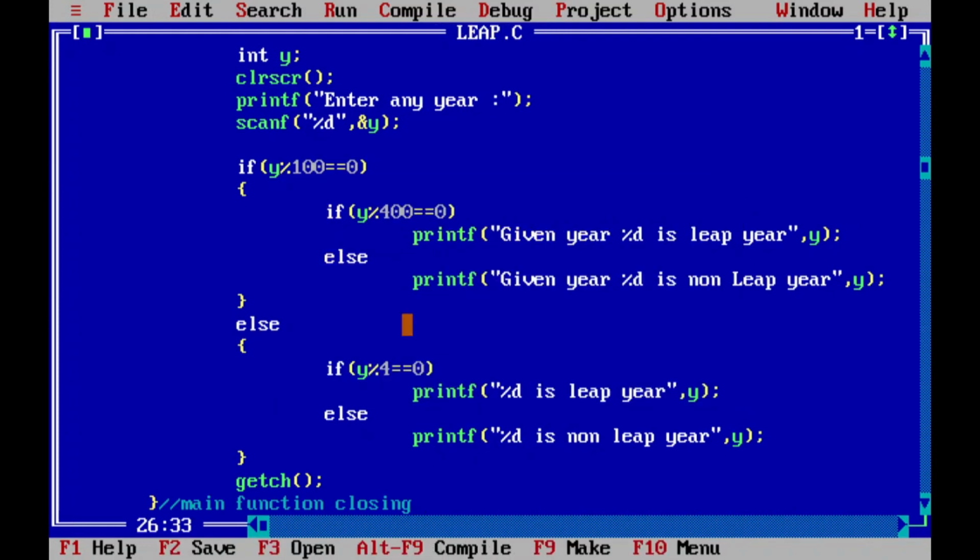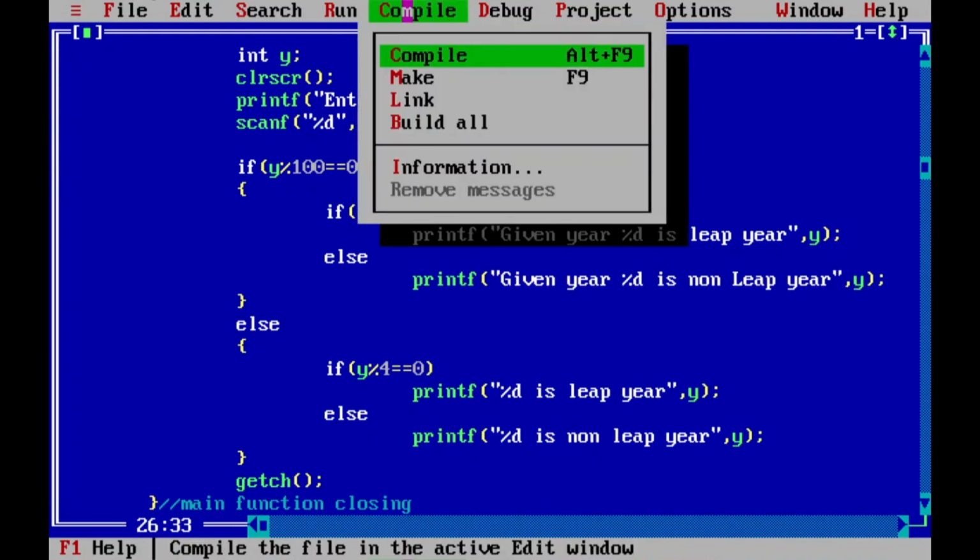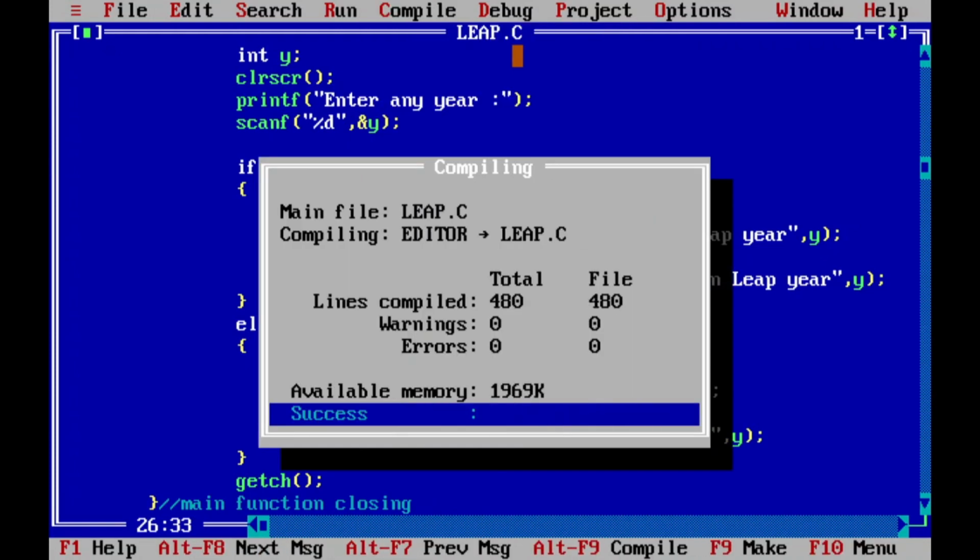Now compile this program. What is the use of compilation? To convert this C language program into an object file. So go to Compile, then click on Compile. The direct shortcut key is Alt plus F9. Warnings 0, errors 0.